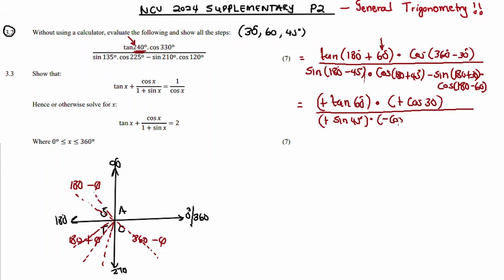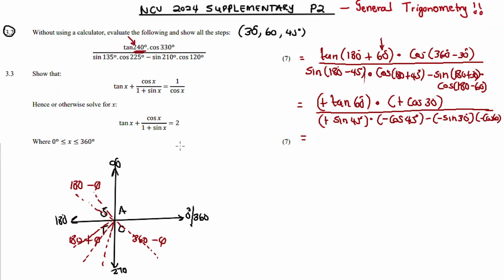So in the third quad, cos is negative, so it's negative cos 45 degrees minus sine 180 plus, this is going to be a negative sign because in the third quadrant sine is negative, so it's negative sine 30 degrees. And then we now have 180 plus cos 180 minus, so it's minus cos 60 degrees equal to, okay, so